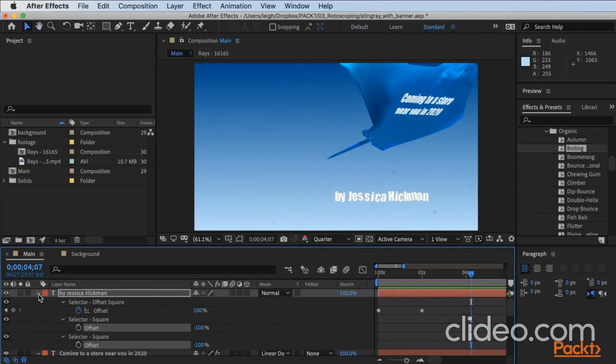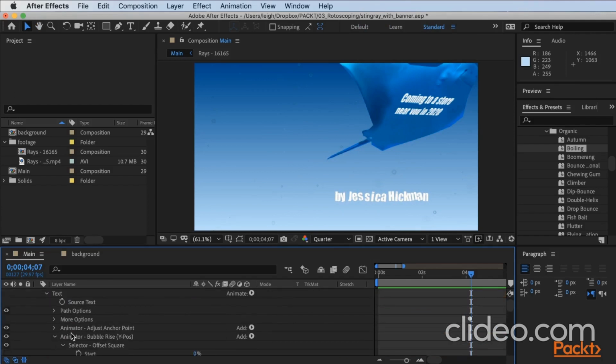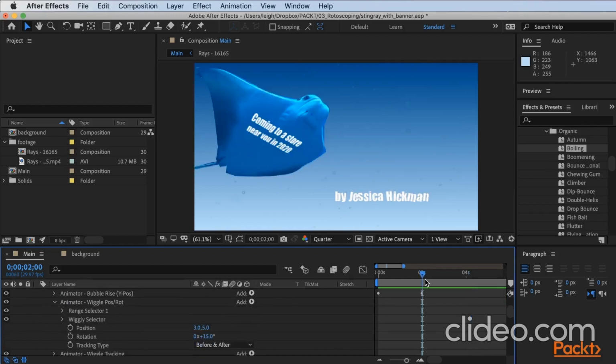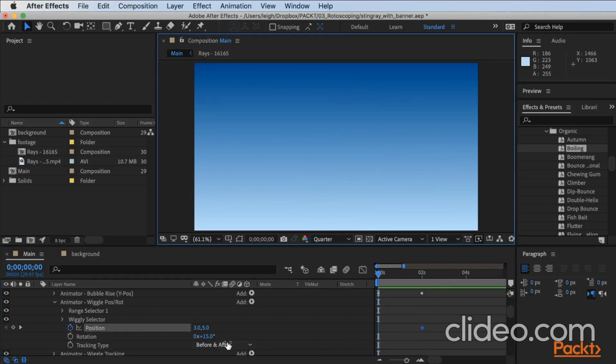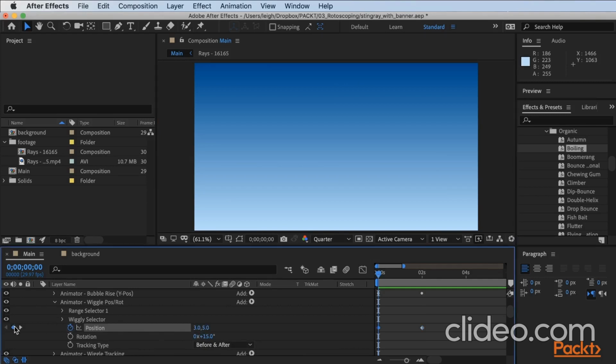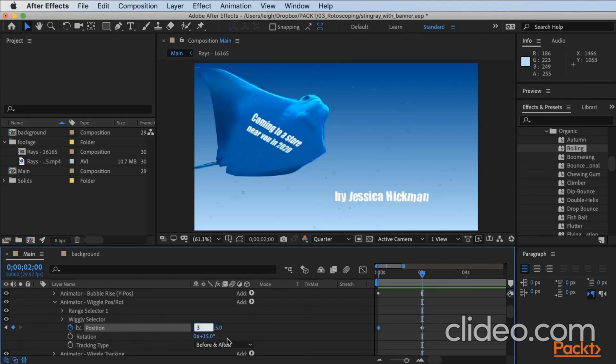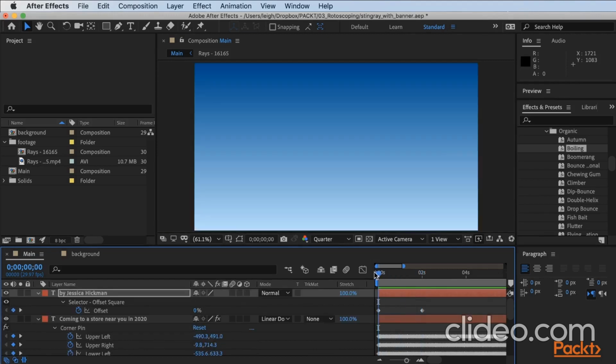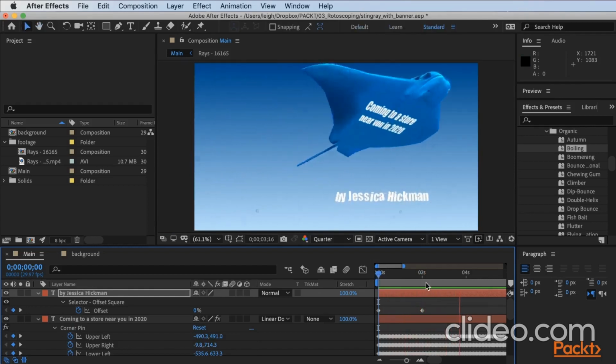To fix that, I'm going to close the text layer, open it again, so I can see my animators. And you'll see the animator wiggle, position, and rotation. I'll bring my cursor back to where the bubble rise stops, and I'll set a keyframe for the position. At the very beginning of the timeline, I want it to be 3 and 5, so I'll set a keyframe. And then when the text is completely on, I'll set everything to 0. Let's see what this looks like. As I play through it, you'll see that the text boils on and then continues to jiggle after the 2-second